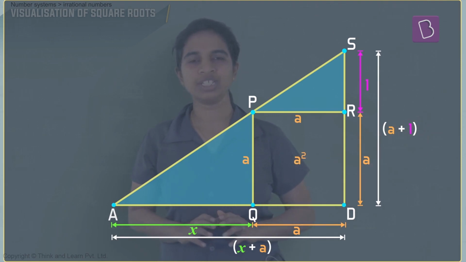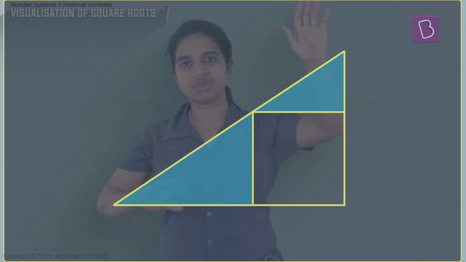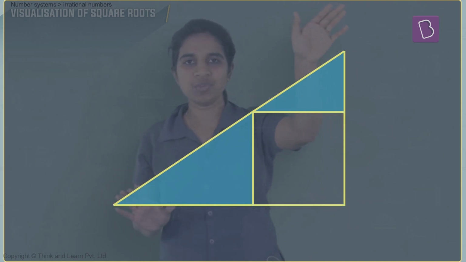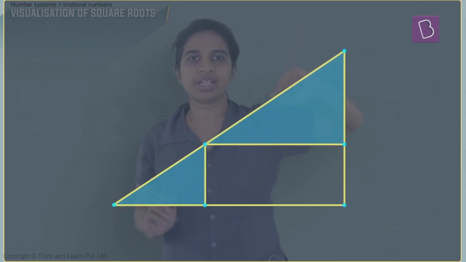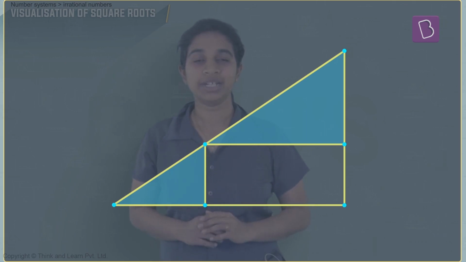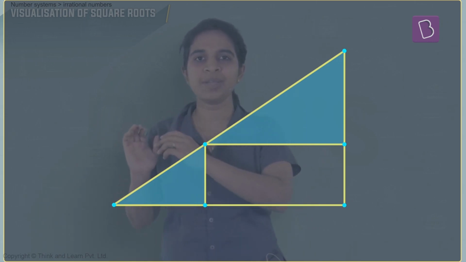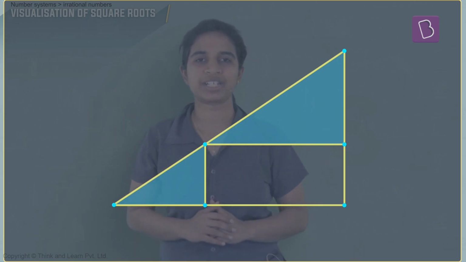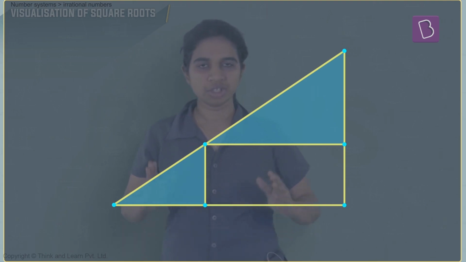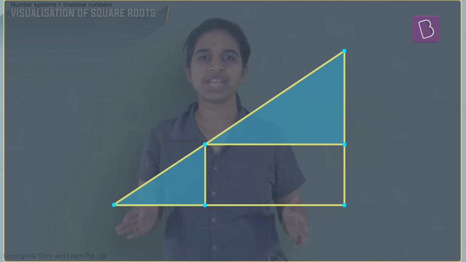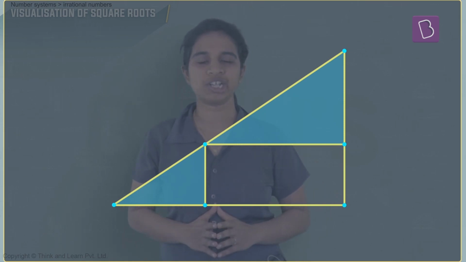Now let me move these triangles around. What I'm going to do is take these two triangles and interchange their positions. I'm going to bring this triangle down and slide this triangle up, right? Did we change anything in terms of the area of the figure? No, right? Because we didn't remove any parts from the figure, nor did we bring in any new parts. So the area of this figure has not changed, nor did we change what was shaded. So the new figure is the same in terms of area as the previous figure, and the unshaded region is also the same in terms of area as the original unshaded region, right?